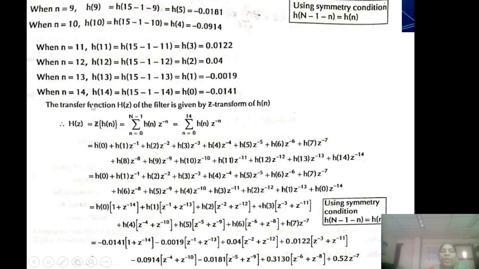Then we have to find out the transfer function of the filter, which is given by summation n equal to 0 to 14, h of n z power minus n. You have to expand this. If you expand, you will be expanding like this and substitute the symmetrical condition h of N minus 1 minus n equal to h of n. So if you apply the symmetry